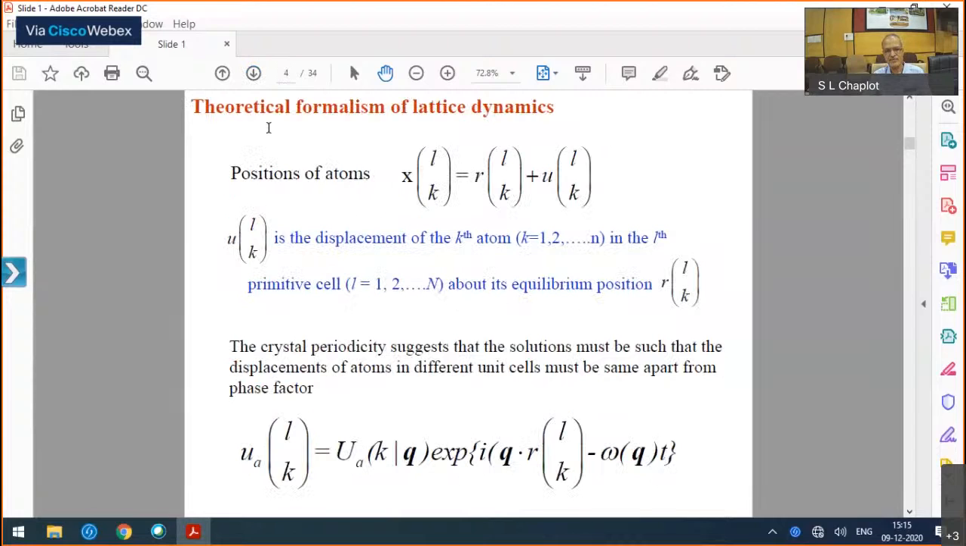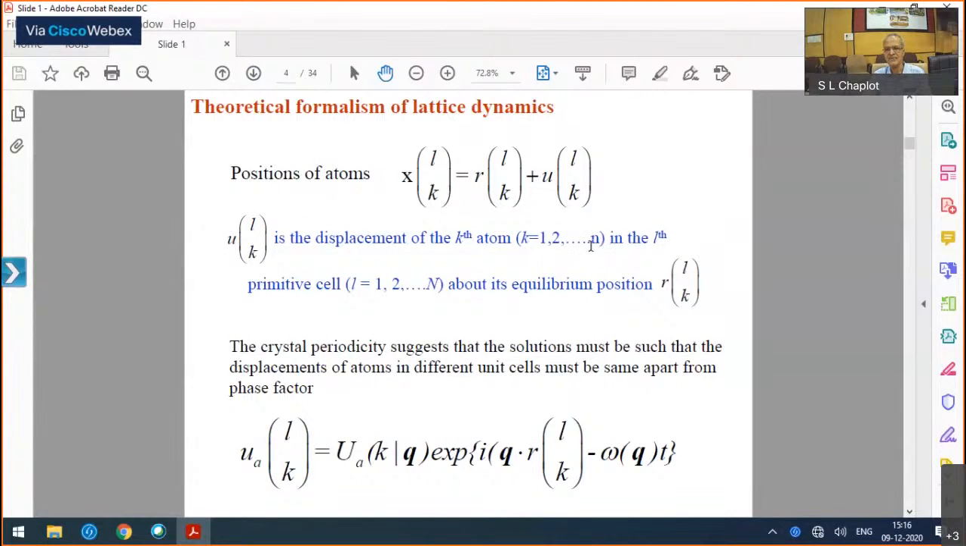Okay, so let's get into a little bit of theory relevant to what we just discussed. For that, let's define the positions of atoms. Now, what are the numbers here? L and K. Any atom in the crystal can be characterized as the atom inside one primitive cell, and then the index of the primitive cell. K is the atom inside a primitive cell, and K goes from 1 to n,